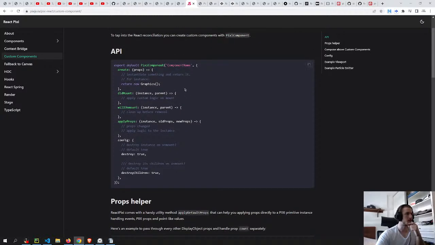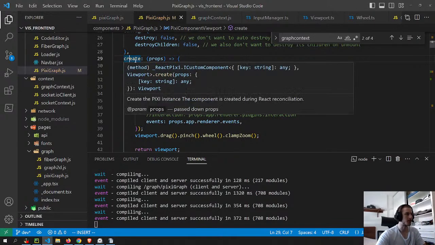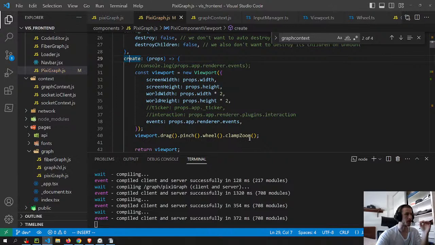So the reason why it's different, I think, on the stage and this part, the life cycles, like I was saying yesterday, is that these life cycles are related to the reconciler part, which is the part that is updating the virtual DOM into the real DOM. And the other life cycles are related to the way that React does it. So I think this is the difference. These are the custom ones, and then the other ones are if you want to